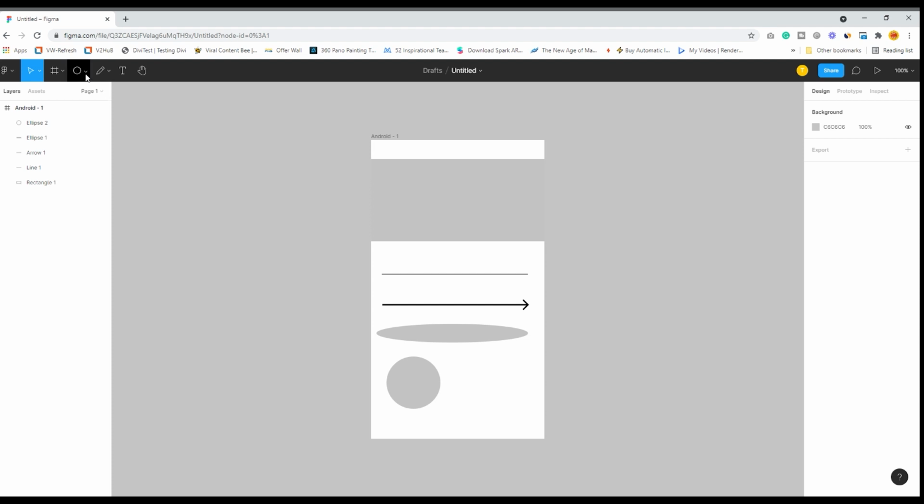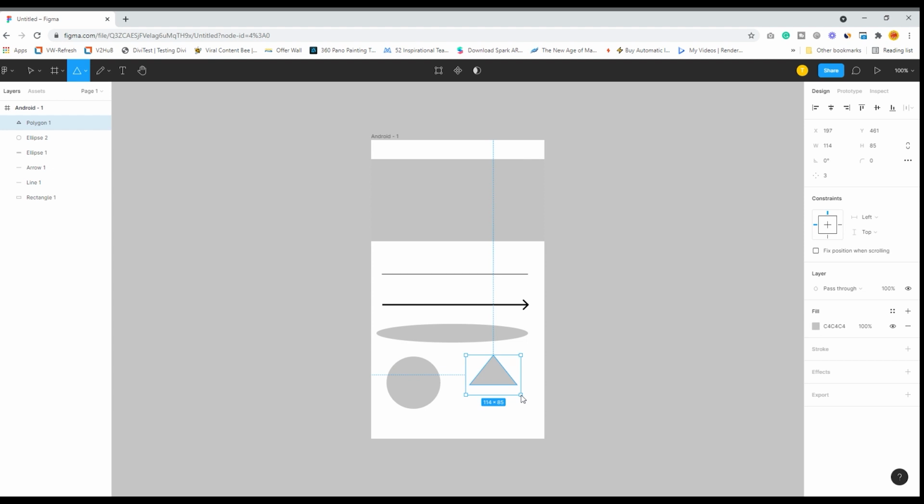Next I will show you the polygon tool, which is used to create a triangle or a multiple-sided diagram. So this is a polygon by default, which is a multiple-sided shape.